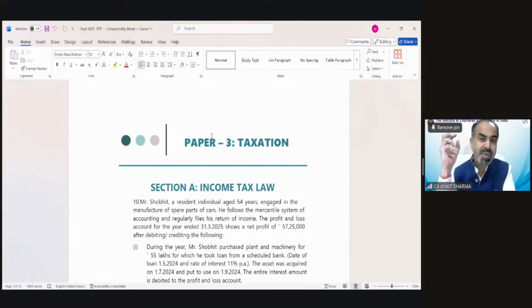And these MTP, RTP questions are the kind of questions which can be asked in the examination. So if you are able to solve all 8 MTPs, RTPs, case scenarios, I am telling you, you will find at least 40% questions in the examination would be exactly the same. Only the figures would be changed, but the concept of at least 40% questions would be the same in the examination paper.